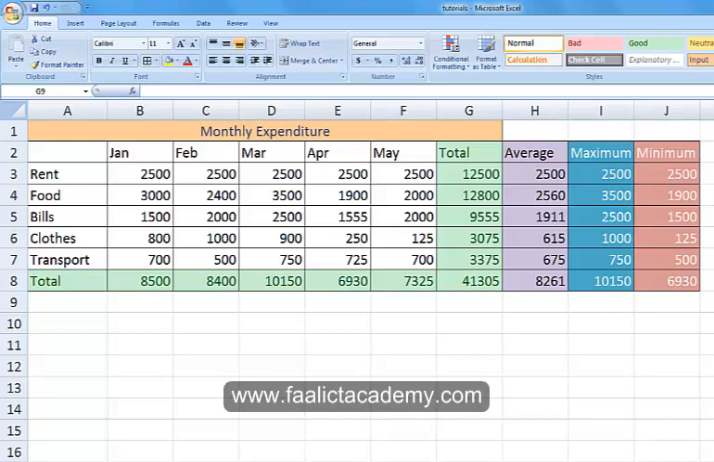Now we have calculated the total, the average, the maximum and minimum of our information. Now in this other lesson, I'm going to show you how to add values in this information. Now let's say, for example, this information is only from January, or is the expenditure from January to May. But let's say now we are in June and we have made some expenses, and we want to add that